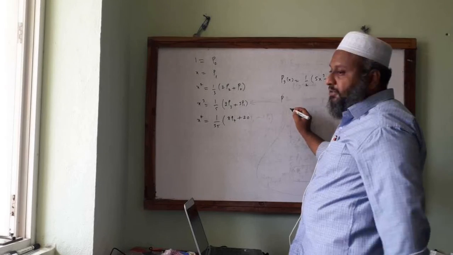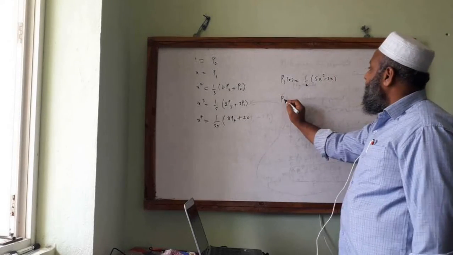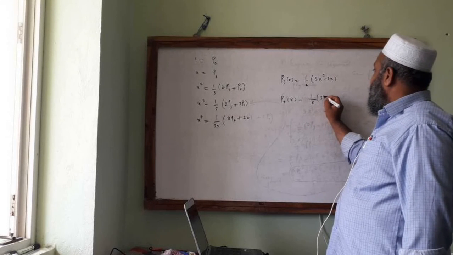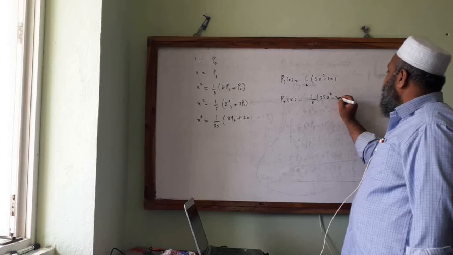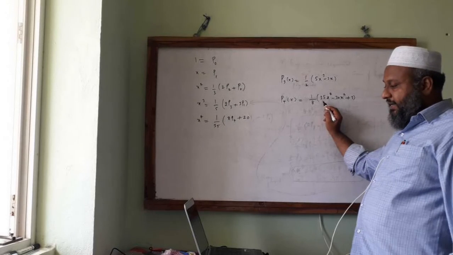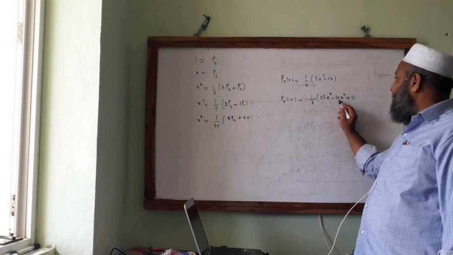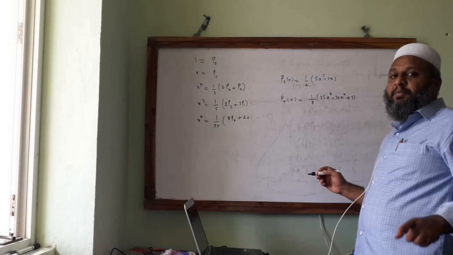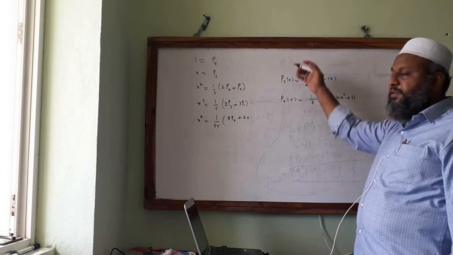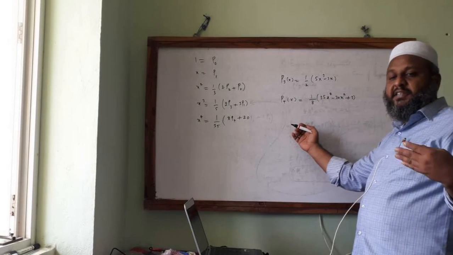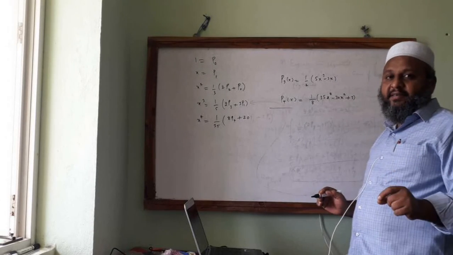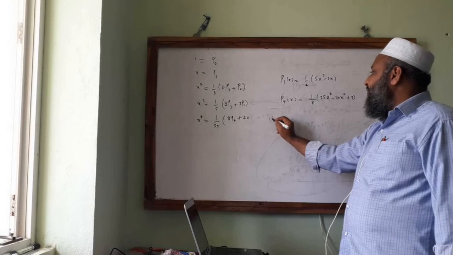Do you know what P4 of x is? P4 of x is 1 by 8 times 35 x to the power of 4 minus 30 x square plus 3. Again the same idea I said earlier: 35 plus 3 is 38, 38 minus 30 is 8, so 1 by 8. So P4 of 1 will be 1, and you have to remember these coefficients. Now you know about P2 and P1, and you may also remember P5 and P6 if required, but up to P4 it is enough.